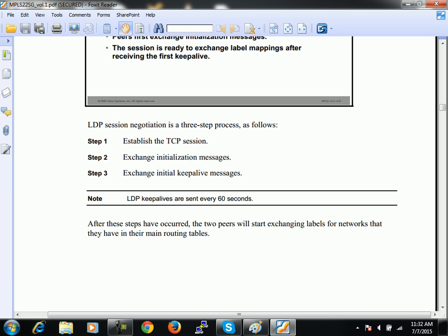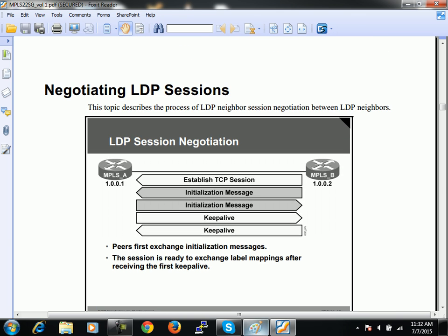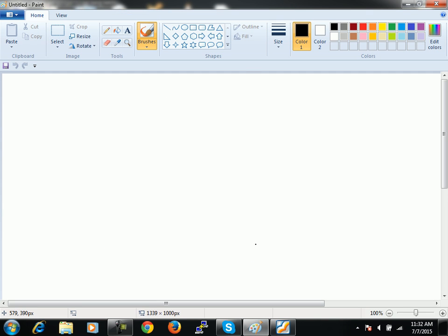What I said, there will not be multiple neighbors. Like if you have multiple links between two routers, and you have enabled OSPF on all those links, how many neighbors will be there? But in LDP,